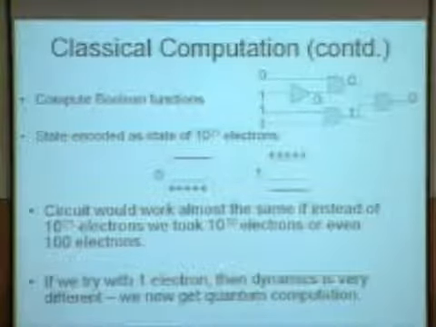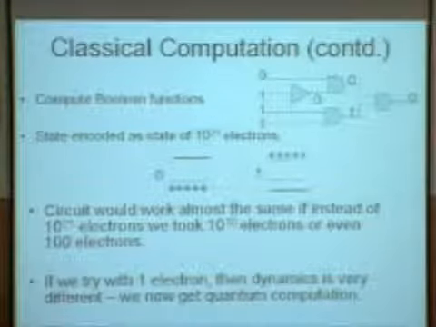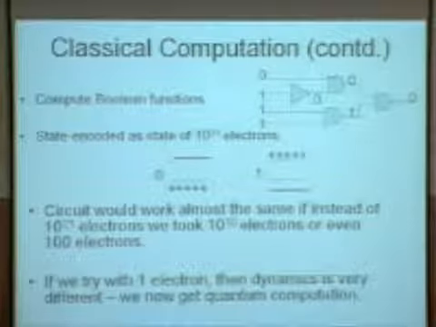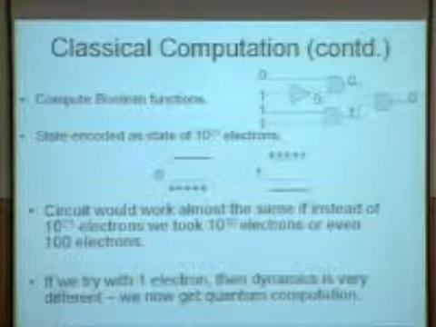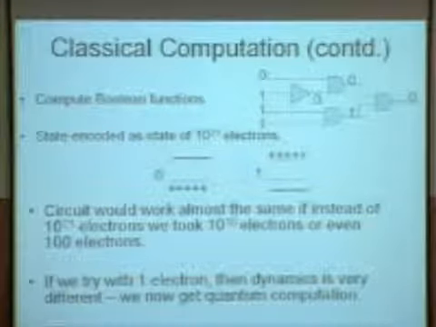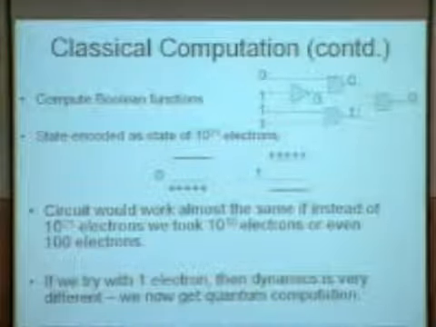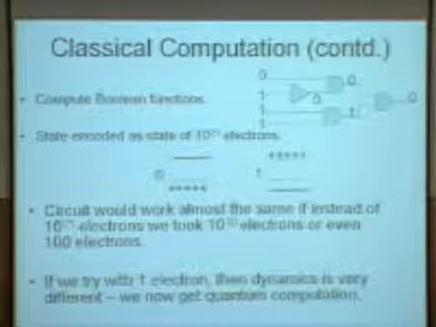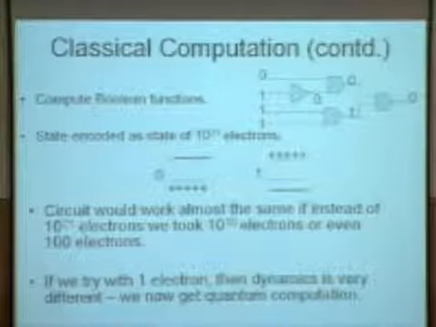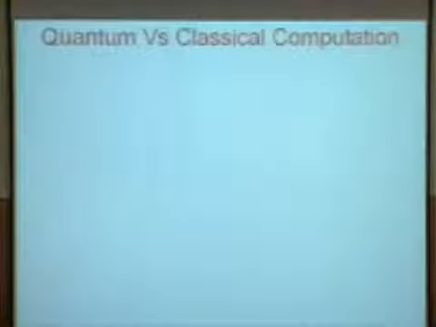But the mechanics stays pretty much the same in terms of the fact that all that is happening is the computation of classical Boolean functions very, very efficiently. But if we were to go from 100 electrons to 1 electron, then things change drastically. All kinds of quantum effects come into play. All the circuits that we had before break down and do not work. And what happens? We really don't know. Actually, it turns out we do know what happens.